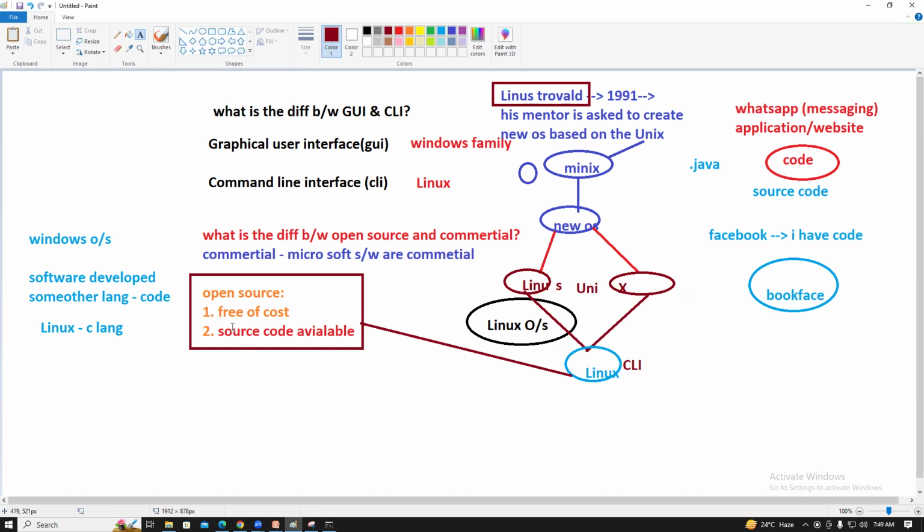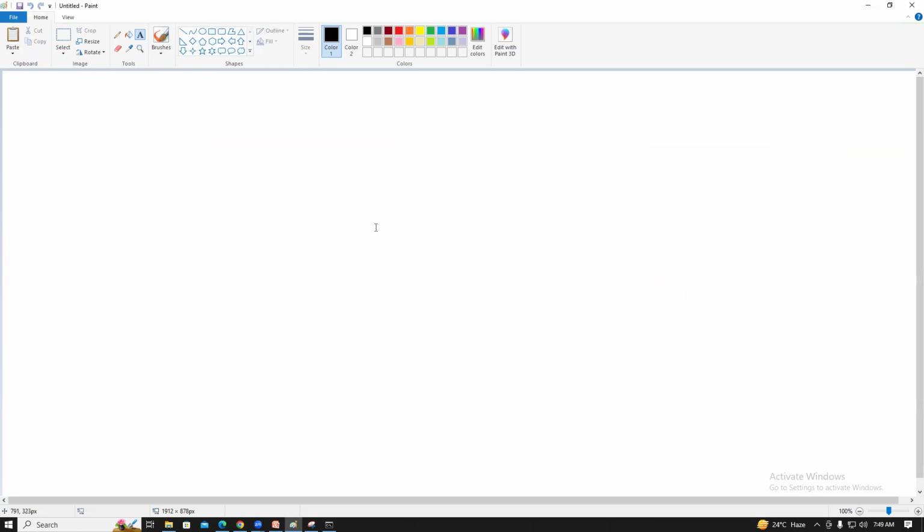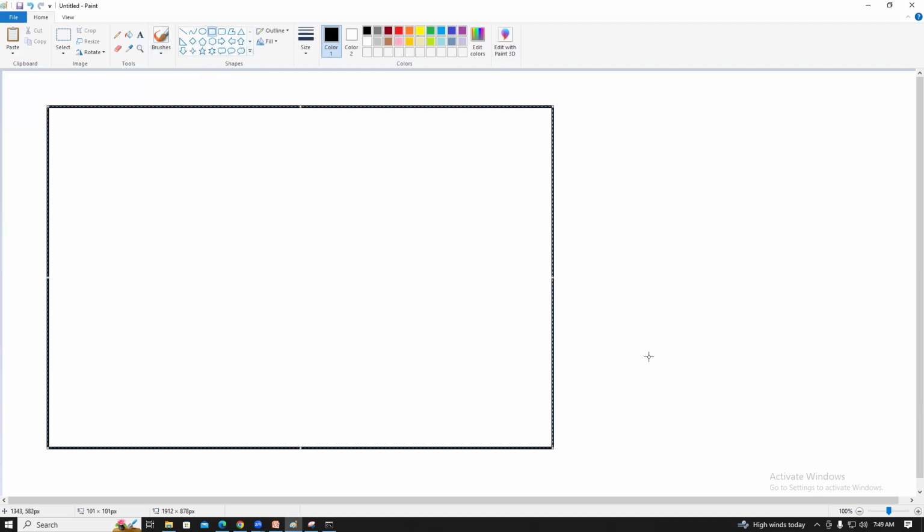So open source. The first point is that it is free of cost, freely available. The second point is very dangerous, guys. The source code is available. If the source code is available, others took that source code and created their own types of OSs, guys. For example,